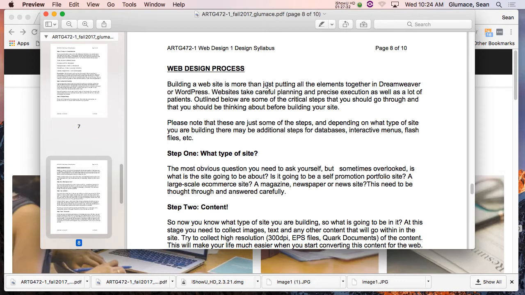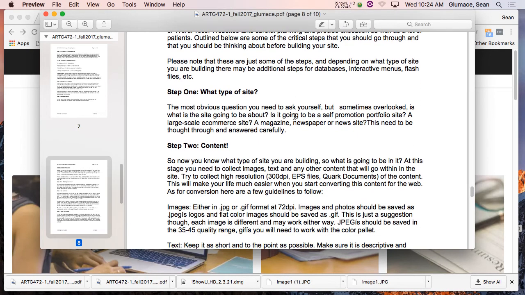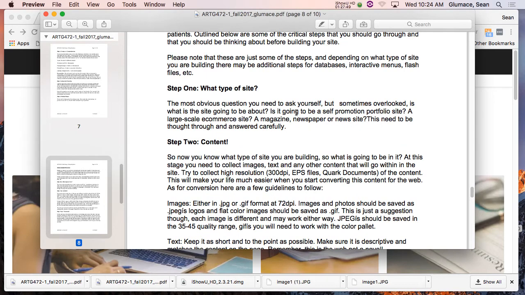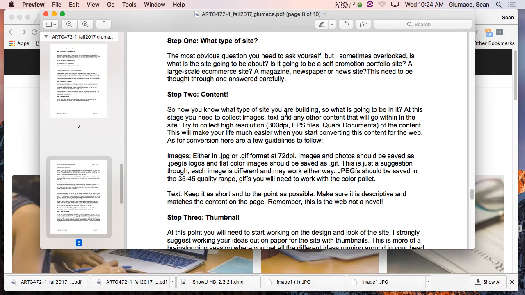Like you've got to get all the product images, all the product SKUs, all the pricing, all the shipping information. I mean, there's different processes based on what the site is. But this is geared towards what we're doing in class. And I'm going to really suggest, think about your online presence because next semester, once again, we're going to do a lot of that. But in here, we're going to build a site.